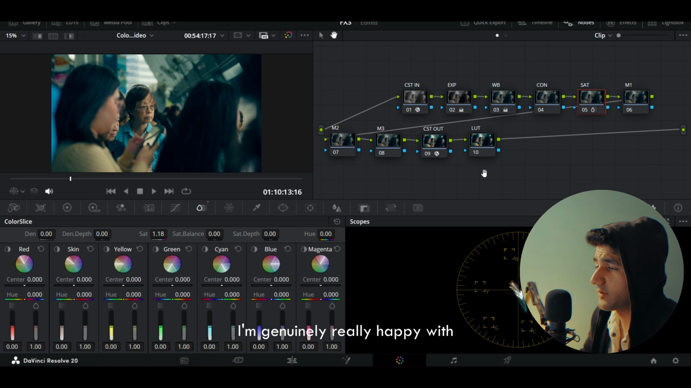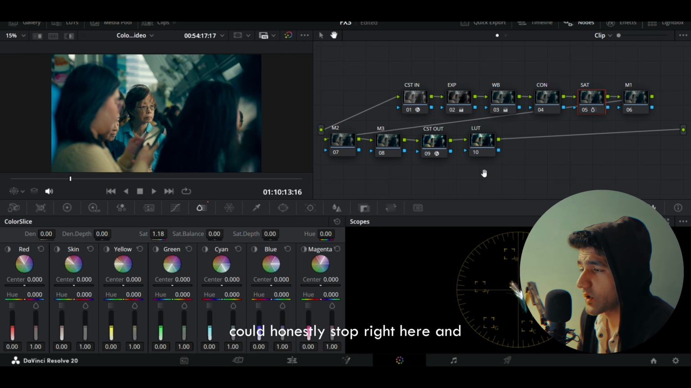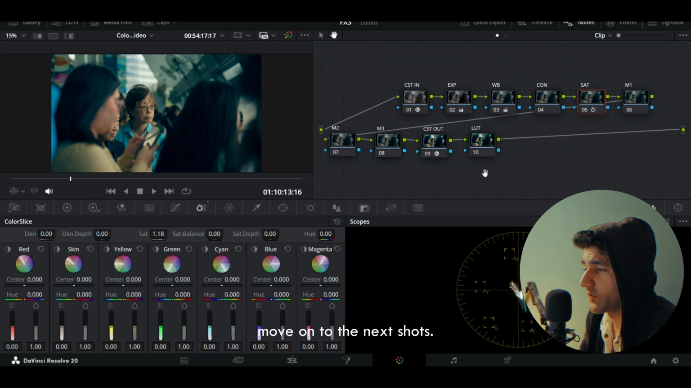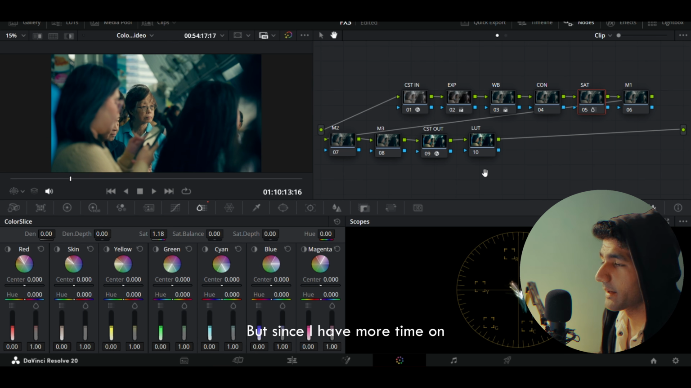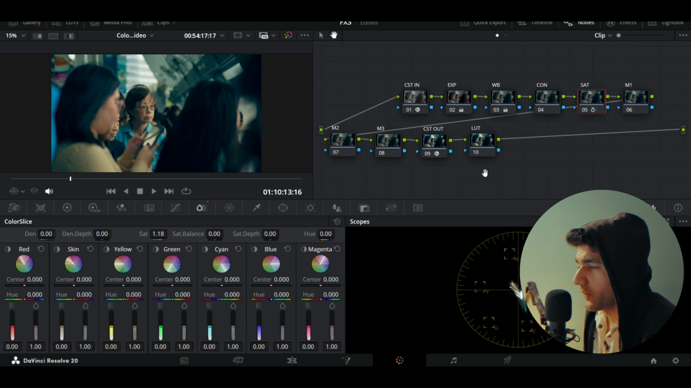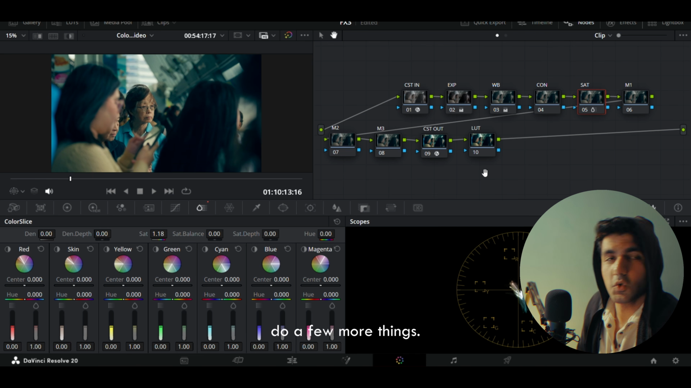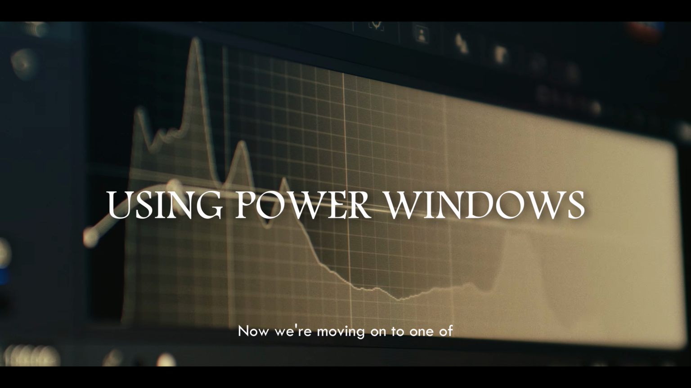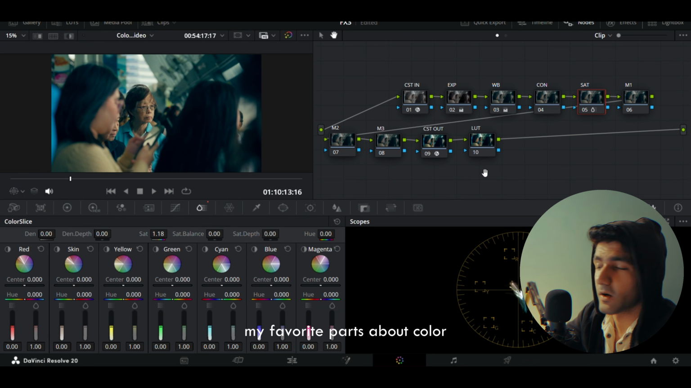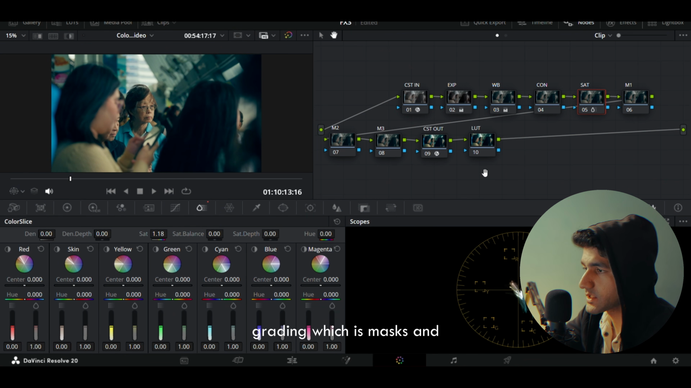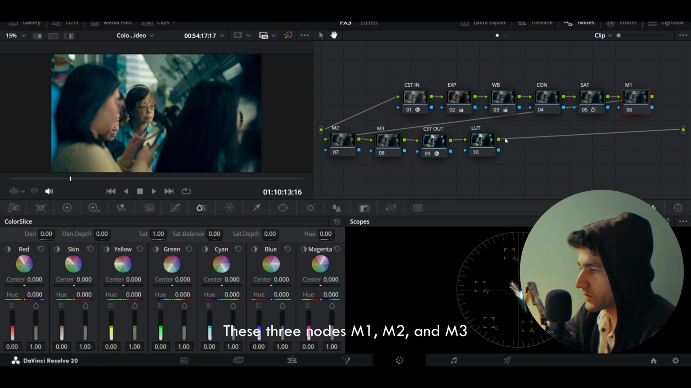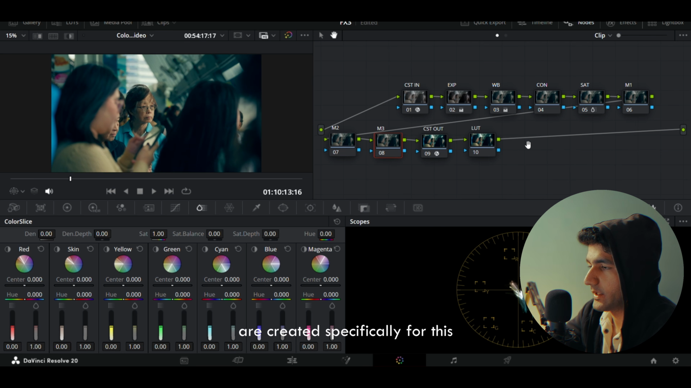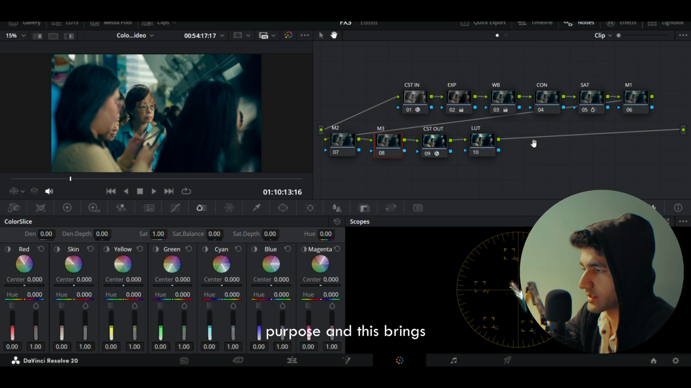I'm generally really happy with the grade. If I was short on time, I could honestly stop right here and move on to the next shots. But since I have more time on my hands right now, we can push this a little further and do a few more things. Now we're moving on to one of my favorite parts about color grading, which is mask and power windows. These 3 nodes, M1, M2 and M3, are created specifically for this purpose,